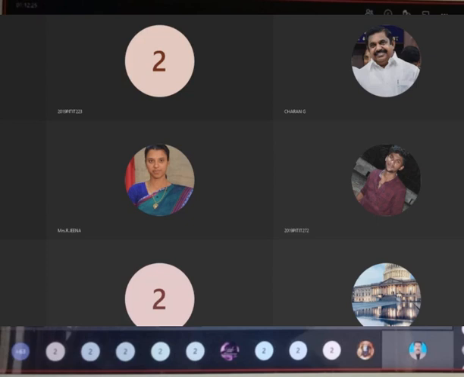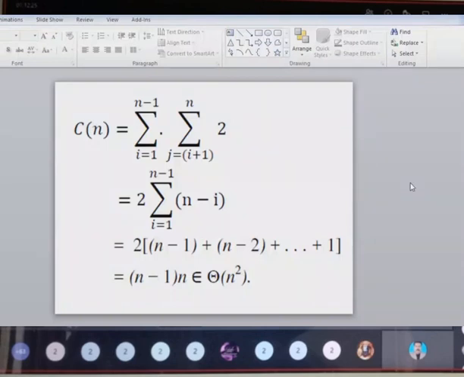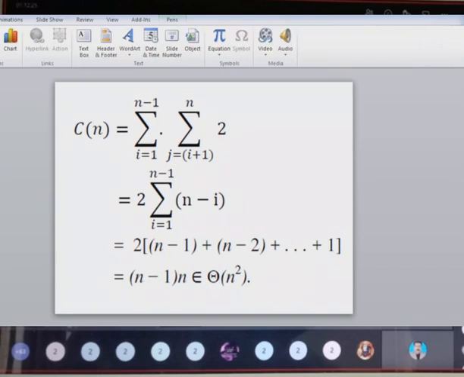Next is, okay. So now first summation is summation I equivalent to 1 to n minus 1. Summation j equivalent to I plus 1 to n. Okay. Now apply. So the middle steps only I explained. Right? Apply the seventh formula to the second summation. Seventh formula is upper limit minus lower limit plus 1. Now